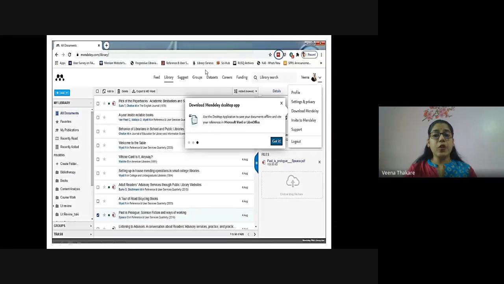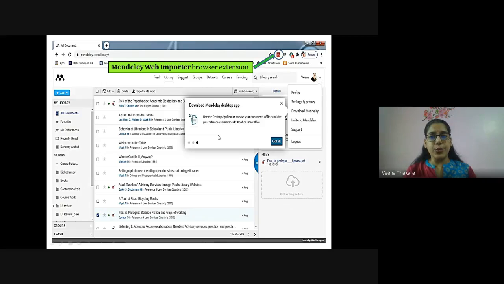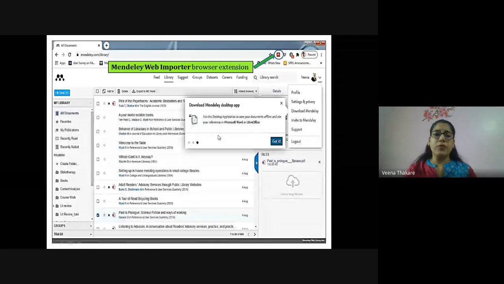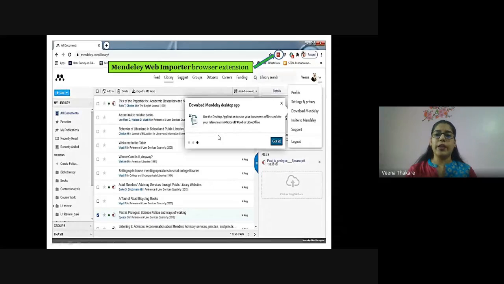And to download the desktop app, you can see the profile. As you can see at the right hand of the screen, you can see the drop down menu of profile, settings, privacy, and third one is download Mendeley. So you can download the desktop app and use it. Preferably, I would say that I prefer the desktop app more rather than the online or mobile version. Online version or mobile version are very good if you are reading something on the go, right? You're traveling and you're reading something on your mobile, or you're taking down notes on your mobile.